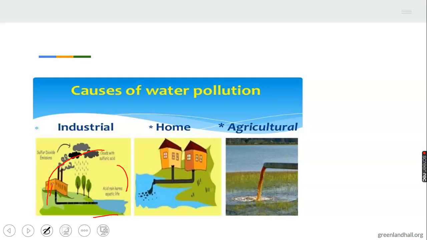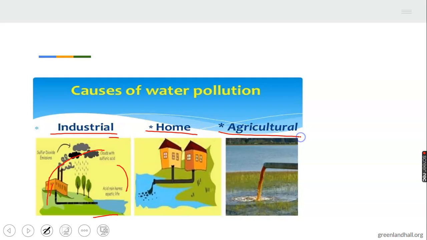Look at this one again, agricultural. Maybe an irrigation from a farm. Look at the pipe coming out, and then the water is going directly to the river, the source of water. That is agricultural. Maybe the pipe from irrigation, a farmer somewhere irrigated his farm, and then the water is coming out from the farm directly into the river. You can see that source: industrial,